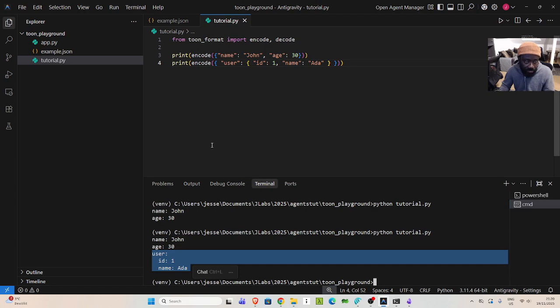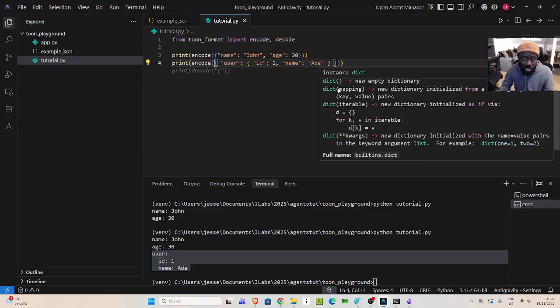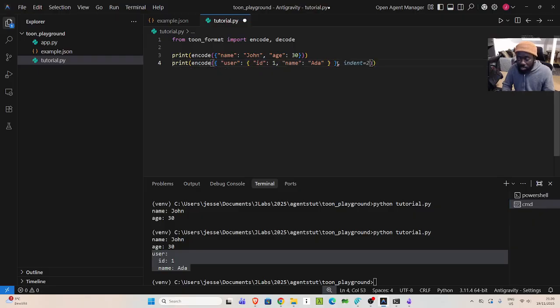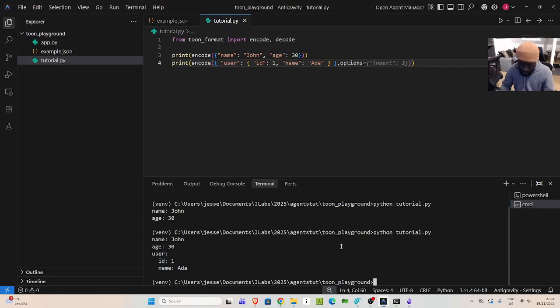The encode also has the option of passing in parameters. As you can see, if I click on this one here, we have the option to pass in parameters, right? So you can see that there are some parameters you can pass there. So I can pass in some options. We have options, right? I want to specify the type of indentation, and not just the indentation, I also want something like the delimiter that I want to use, right? So indent 4, you can specify all of these parameters. If I go with this one and I run it again,